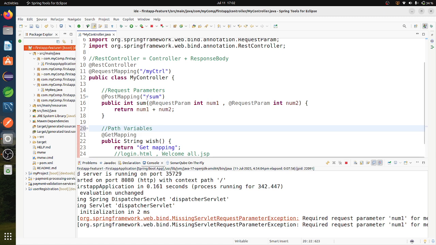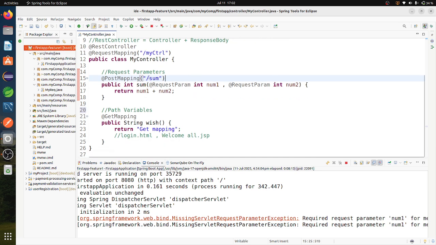Here we are mentioning something called sum as the API. It means first of all it will come to the controller class. Then if the user wants to come to this sum method, he has to pass this API also. In this API, if I want to mention any path, then I have to use path variables.